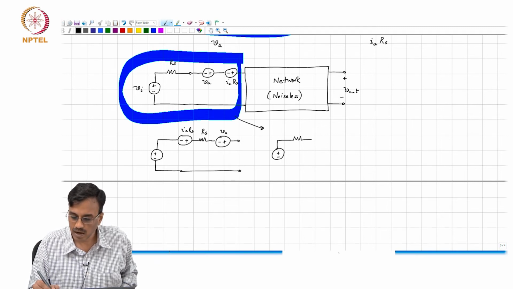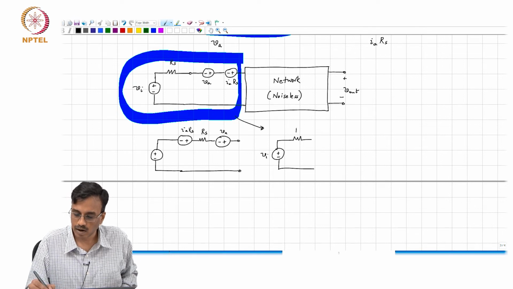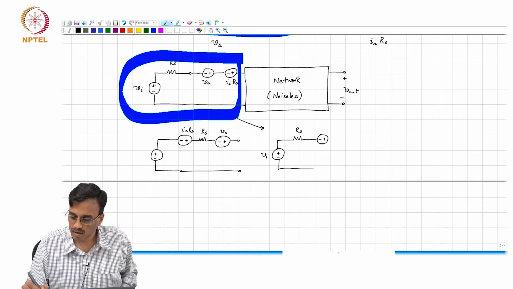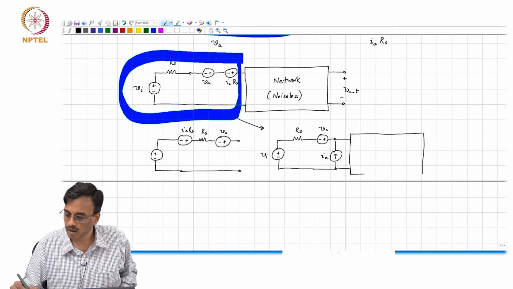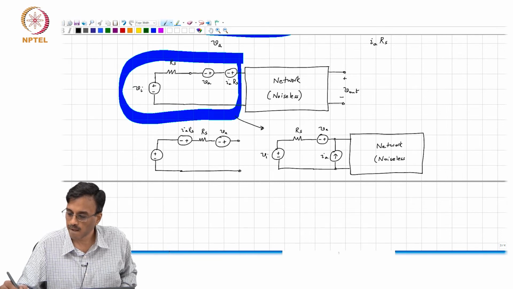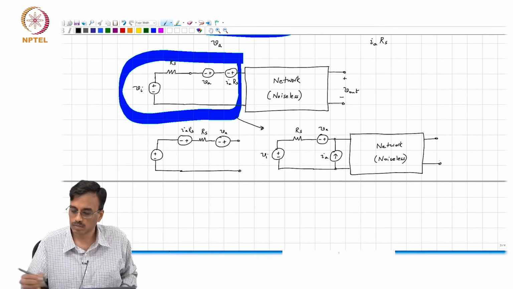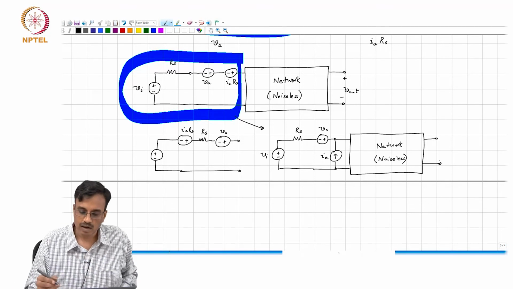So, you have VI, you have RS, then you have VA, and you have IA, and here is the network which is noiseless. All right,